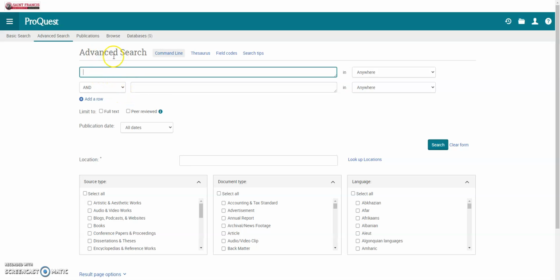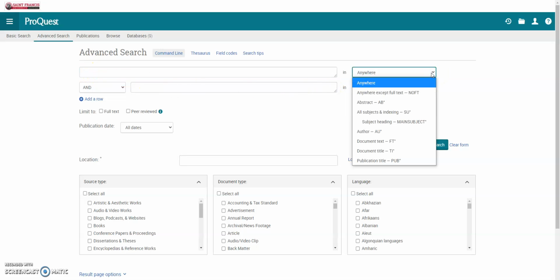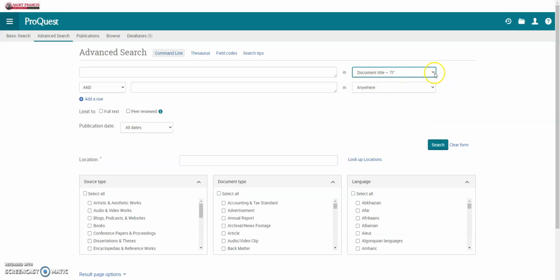So the link takes you to this advanced search box where you can put in your search terms in these boxes, and then you can decide if you want to search on those terms anywhere, meaning the database will bring back results where that term is used, whether it's in the title, the abstract, anywhere in the full text, and so forth. If you know the name of an author that you're looking to find an article by, or you know the title of the document, you can certainly enter that